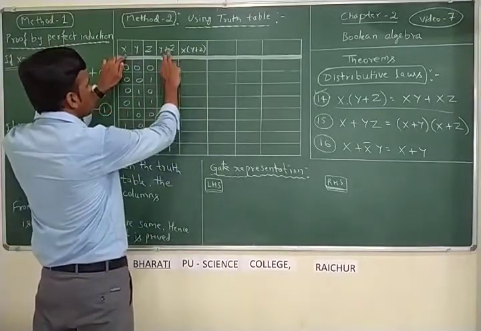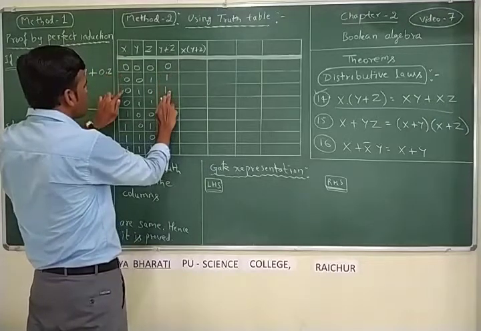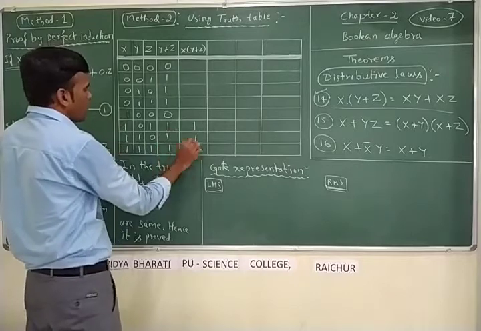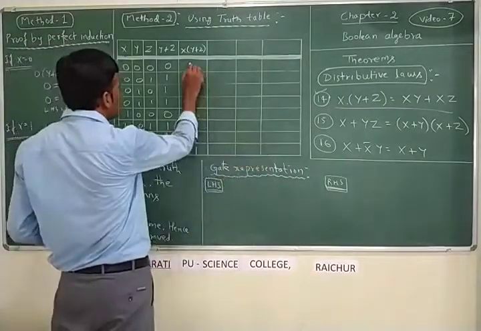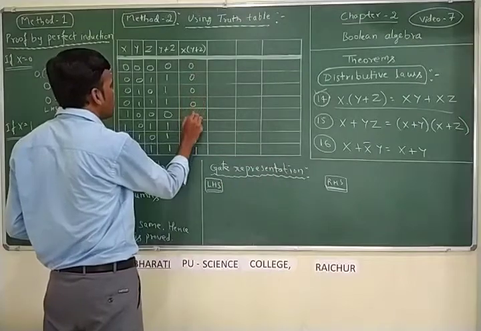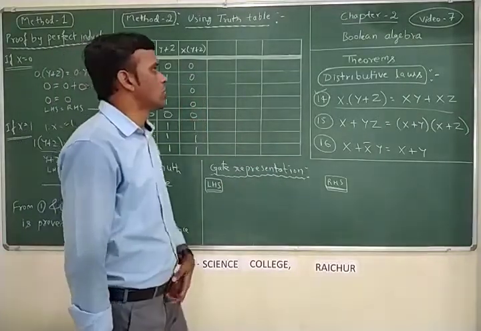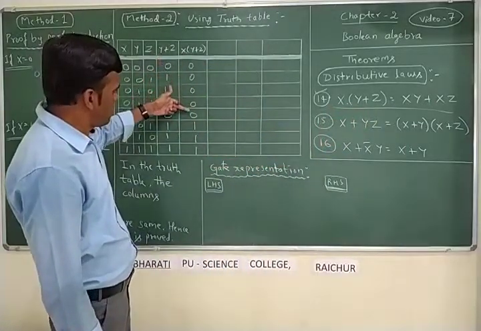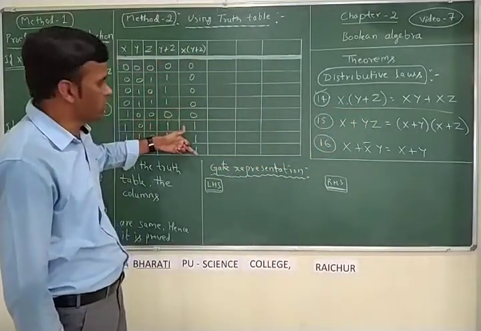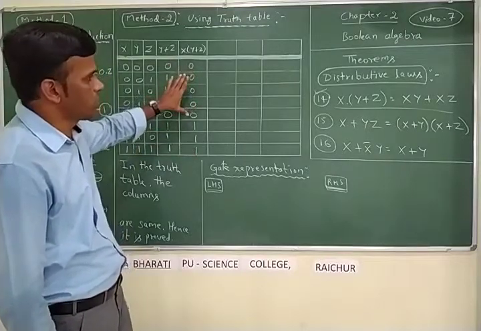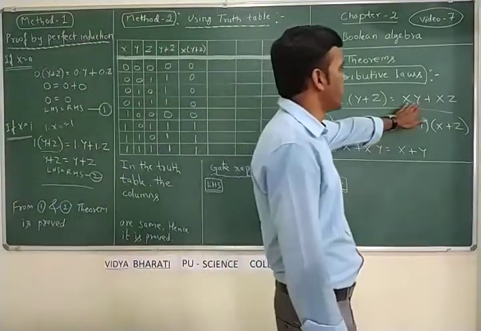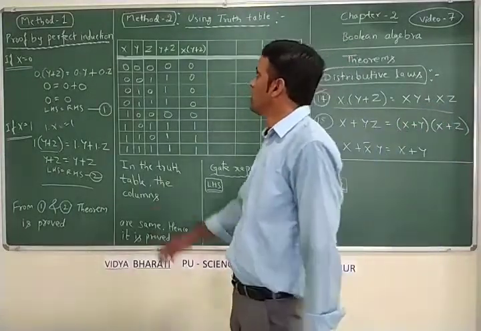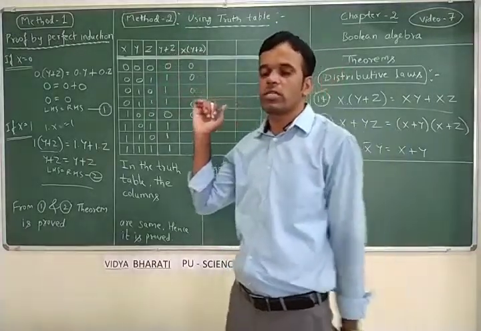So x is here, y plus z is here. If both are 1, it is 1. Okay. So for the remaining cases, this expression gives us the value 0. So now the LHS part is completed. So we got 5 zeros, then 3 ones continuously. So the same value we have to get for the RHS part, xy plus xz. So if that is the case, then we can say by method 2, using the truth table also, the theorem is